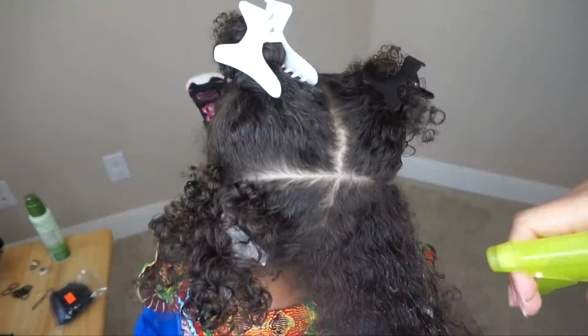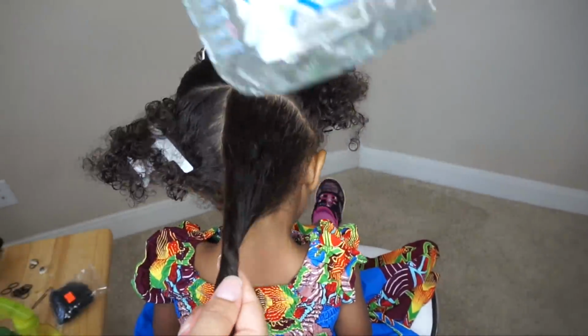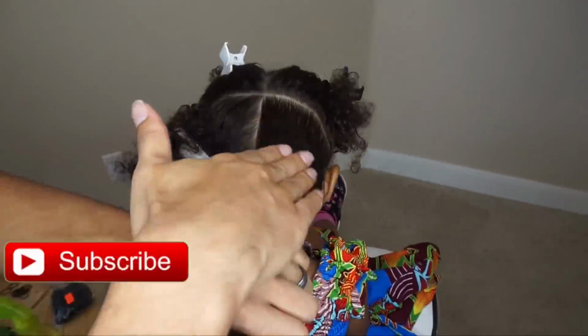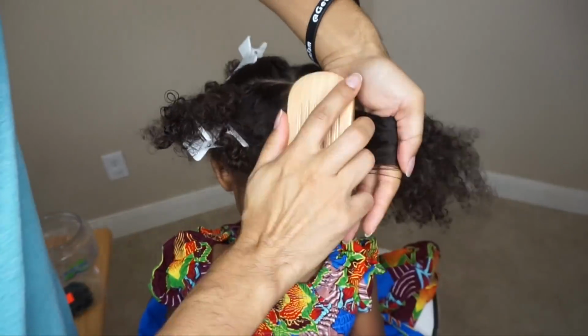side, mist with a bit of water, and we're going to add 1 pump of leave-in conditioner. You're going to go ahead and massage that through and take a soft brush, and you'll brush through it some as well. Going to put a very small amount of gel around the border. For that soft bristle brush, we're just going to brush it to smooth it, and then we're going to ponytail